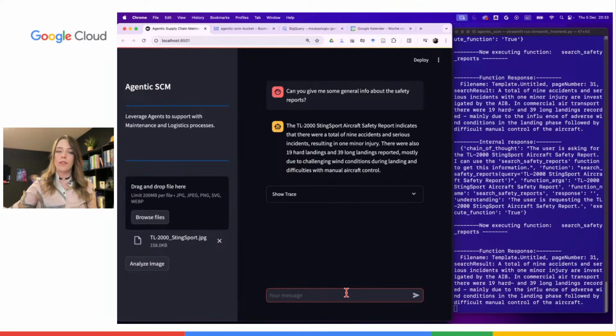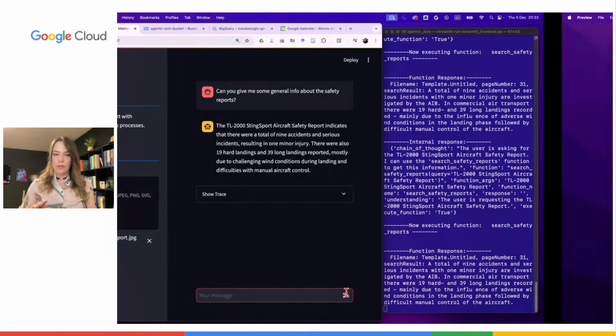So in these instances, you also need to be aware of how similar are my agents, how similar are my functions, and then you need to embed control mechanisms to make sure that the proper things and the proper tools are called for certain types of actions. All right, so that's for the demonstration here.